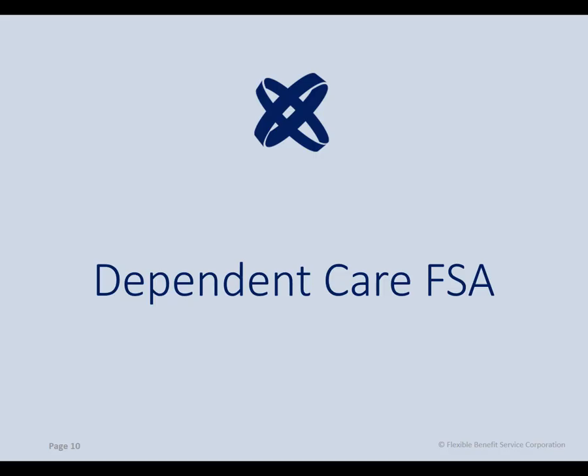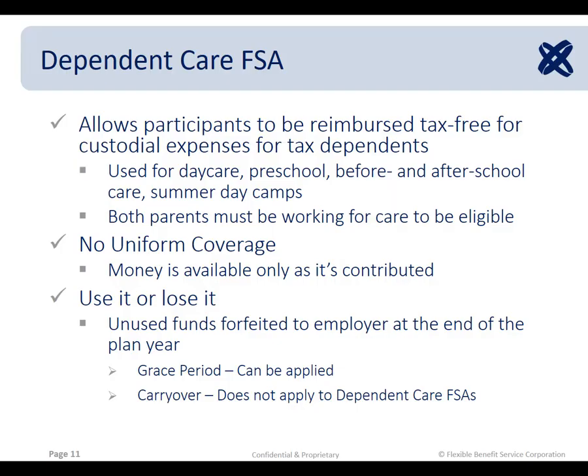The second part of the plan is called the Dependent Care FSA. This plan allows employees to use tax-free money to pay for dependent care expenses. If the employee pays anyone to take care of his dependent so that he can go to work, he can do it tax-free through the FSA. Eligible dependents include children up to age 13 and any other tax dependent who lives in their home and is incapable of self-care. This account can be used for things like daycare, preschool, before and after school care, and summer